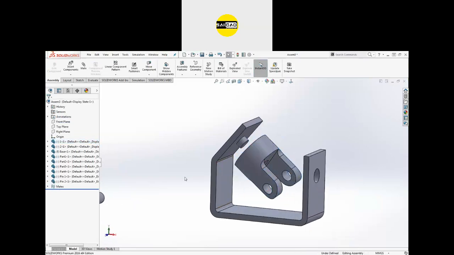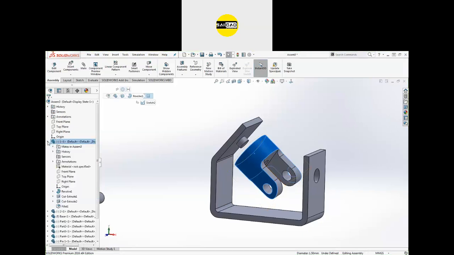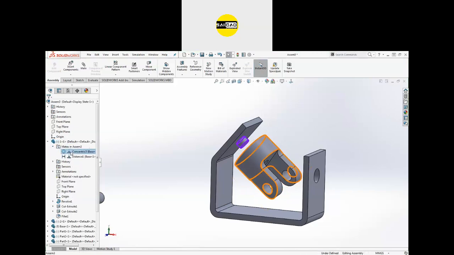Check the mate. Where is the mate applied? You can just go to the mate. Now you can see these are the mates I have applied till now. If you want to see the individual part, what mates this part contains, you can just go to the part and select it from here. Now you will see we have a line in blue color. So just open it. You will see the first option is mate in assembly. So check that, and we have two mates applied to this part. You can check them, you can edit them.